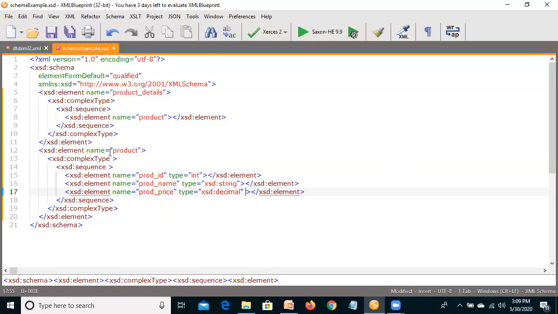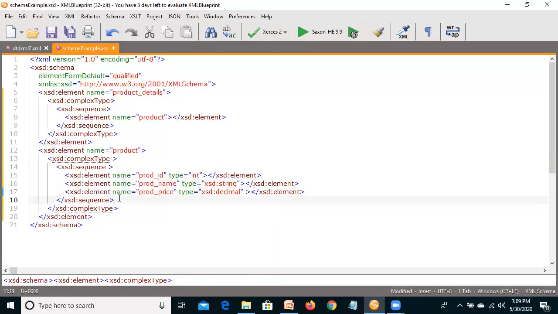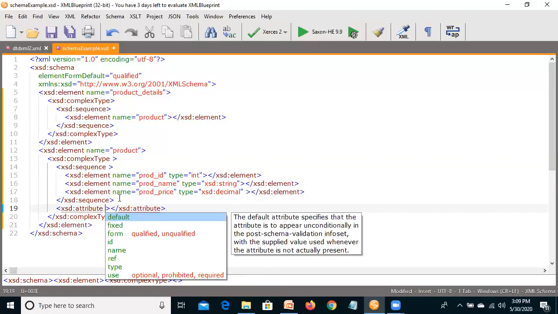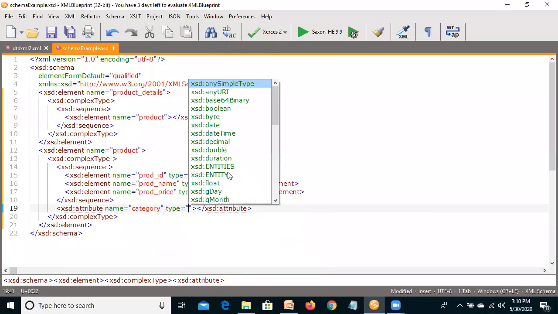We have to add an attribute. The category name is category. Now we want to add an attribute, name is category, type is string.